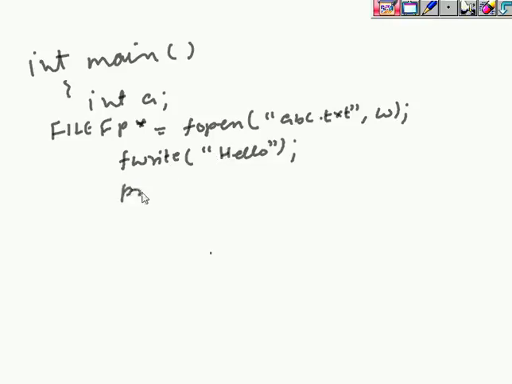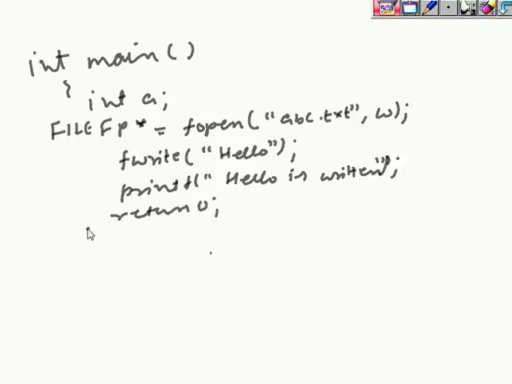and then printf hello is written, and then return 0, right? So in this program,